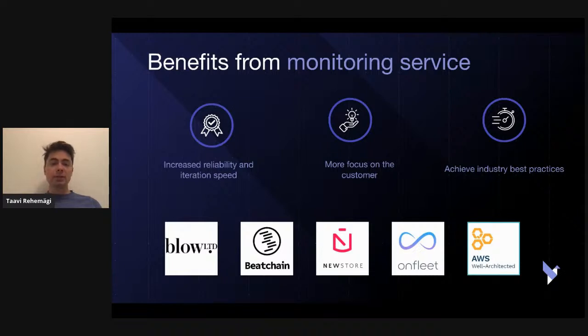The second point is basically why serverless is so popular. It enables you to focus on the customer by taking away the heavy, undifferentiated lifting. And we feel this is also what we do in the monitoring and operational excellence area. And we enable you to achieve the best practices across the industry, like the latest standards, the most efficient things to build your application. And we try to educate the team that is building the application.